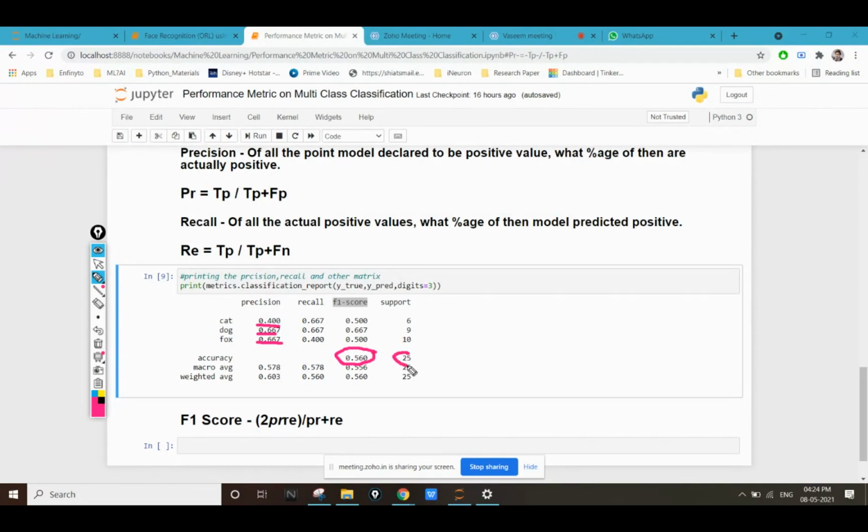Out of a total of 25 values, 10 values are of the fox kind, 9 values are of the dog kind, and 6 values are of the cat kind. This is my model accuracy. This is my precision score, recall score, and F1 score. We get precision, recall, and F1 for each individual class.